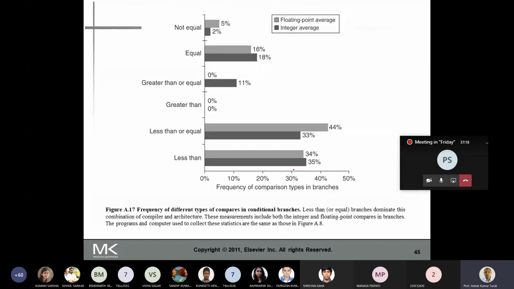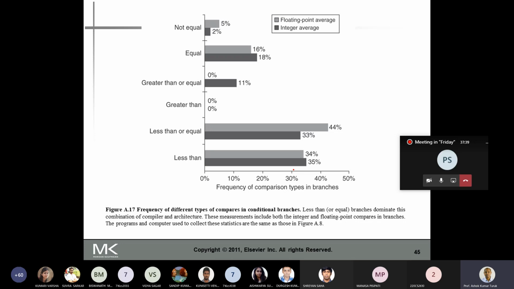So if you look at the comparisons, less than, equal, greater than, equal and not equal, these are the number of comparisons that we make. Now if you look at this comparison, the less than and less than equal to predominates.